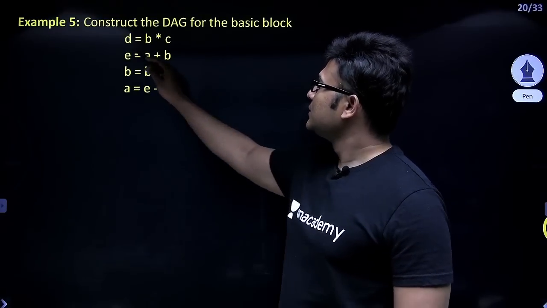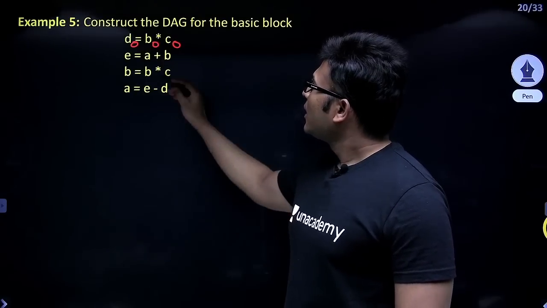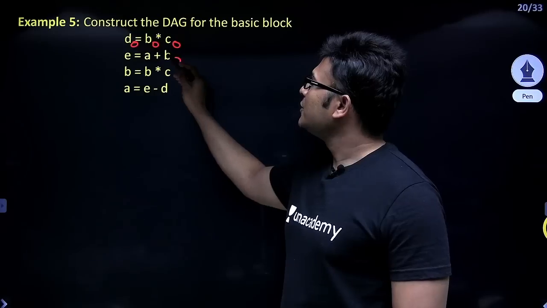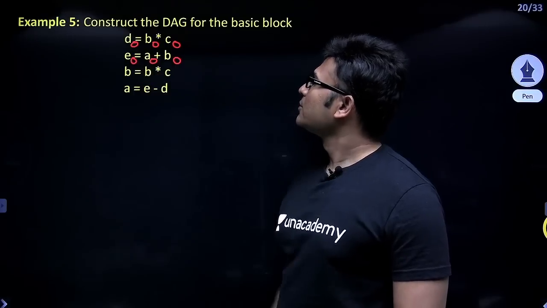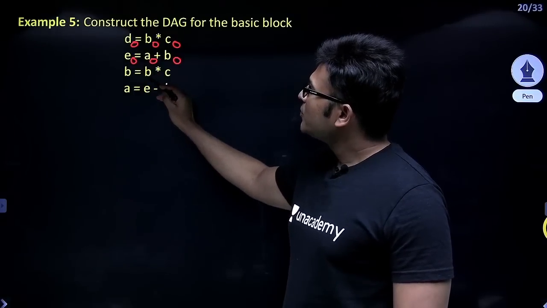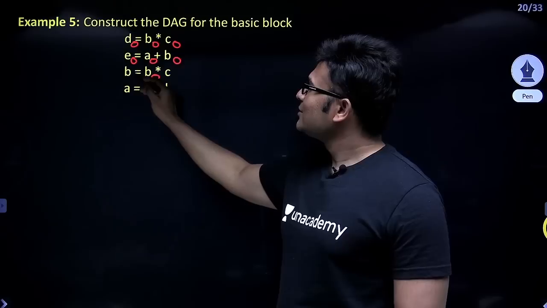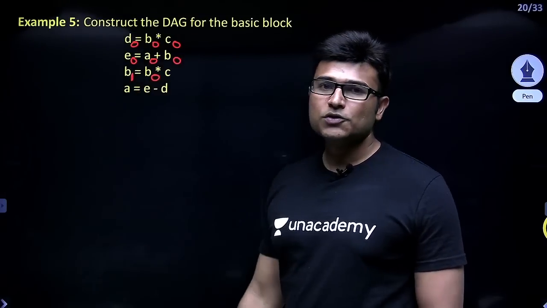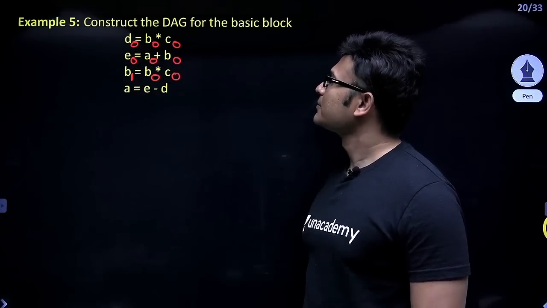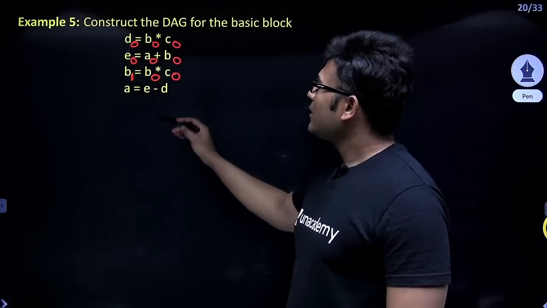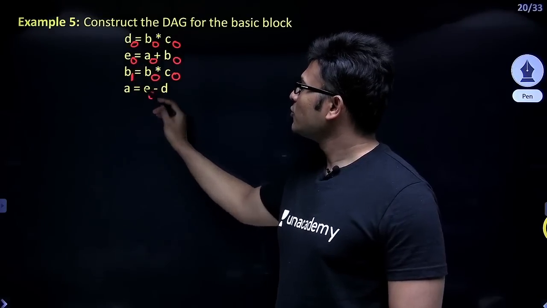So let us say this is D naught, this is B naught, this is C naught, and this B and this B are same, therefore B naught, and this first time we are seeing, so A naught, first time we are seeing E naught. Now this B is actually this B, right? Therefore I am writing B naught, and this B is newly created, whose value is going to change, and this C and this C are same, that is why C naught, right? And coming to this E, whatever value is computed here, same value is used, so therefore E naught.